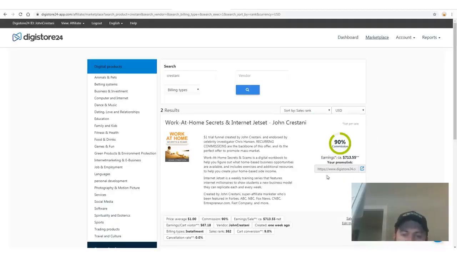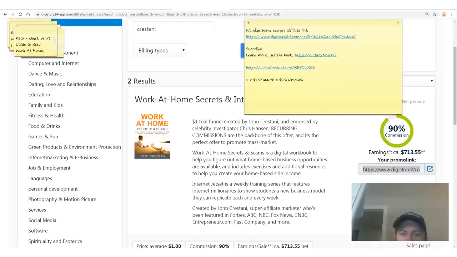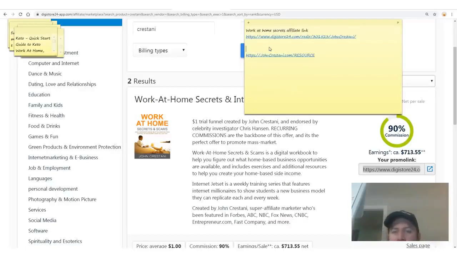What we do is when you sign up, all you need to do is click this, and this is your promo link. You see that right there? So we're just going to copy this, and I'm going to copy this in. So there's our promo link. Then we want to create a short link out of this, to make this link a little prettier. Well, we could make it prettier, we don't need to. So let's just deal with this link. Sometimes I like making the links prettier, sometimes it's not necessary.